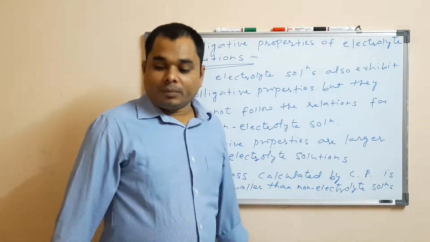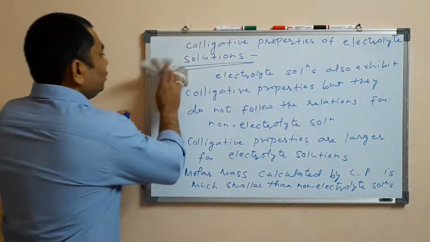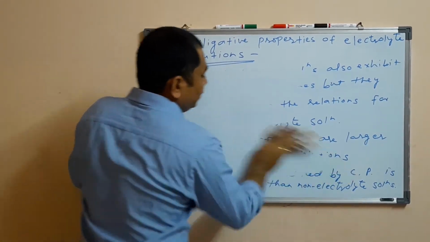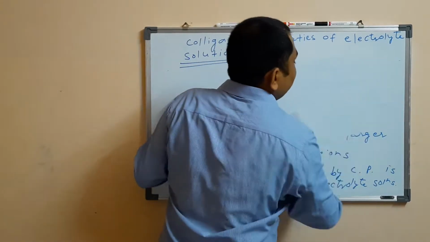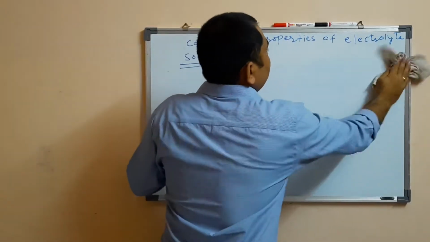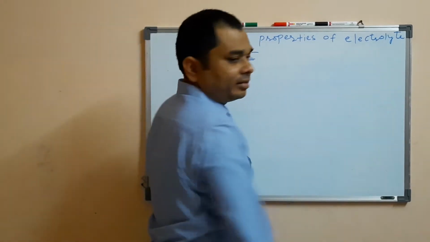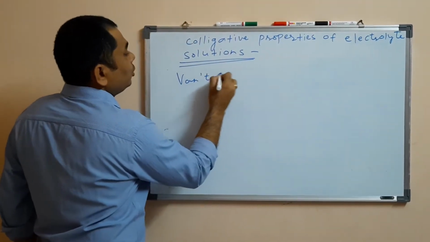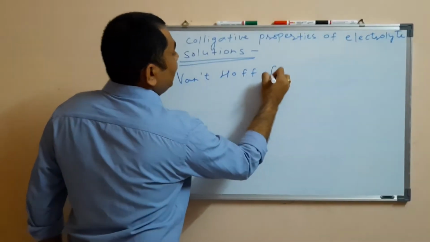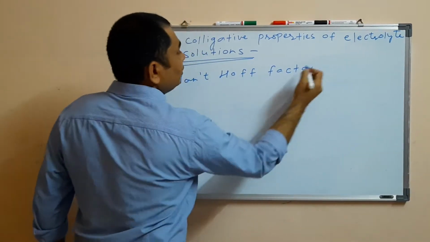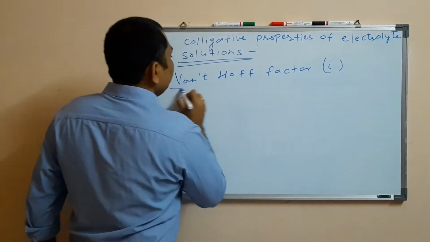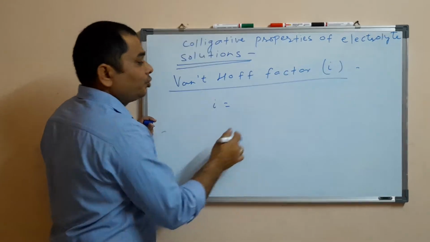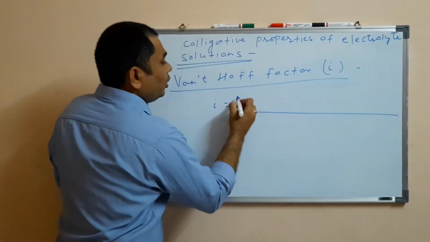Now let us see what we can do about this difference in the values of colligative properties and the masses that are calculated. There is something called as Van't-Hoff factor. This is represented by i. What is this Van't-Hoff factor? Van't-Hoff factor is the ratio of colligative properties